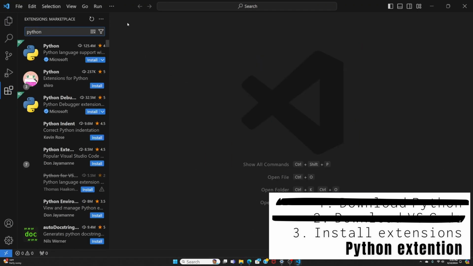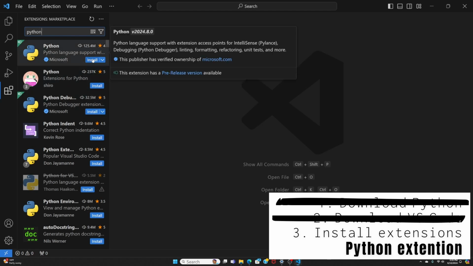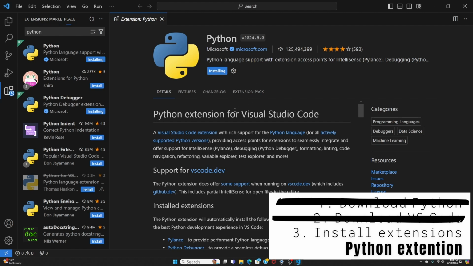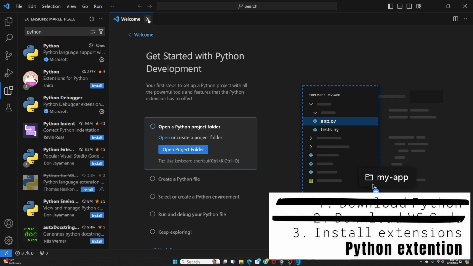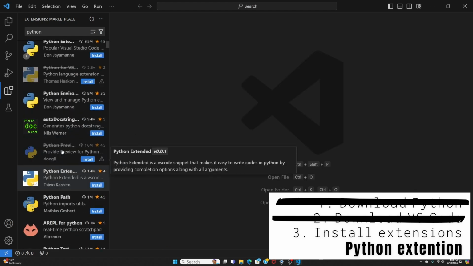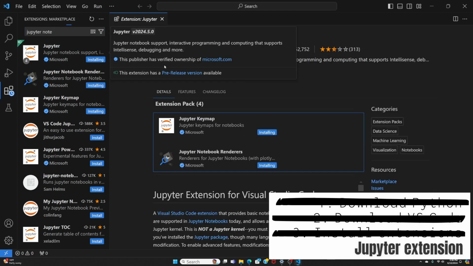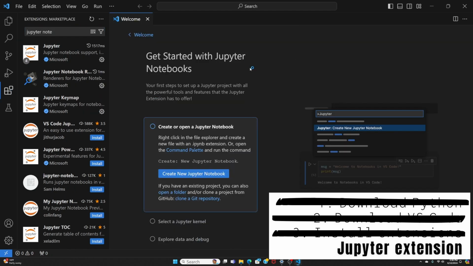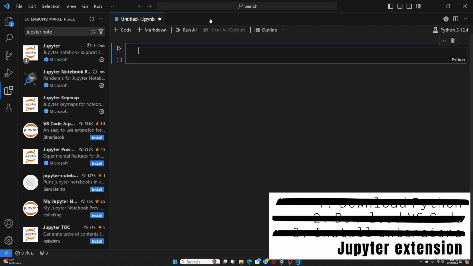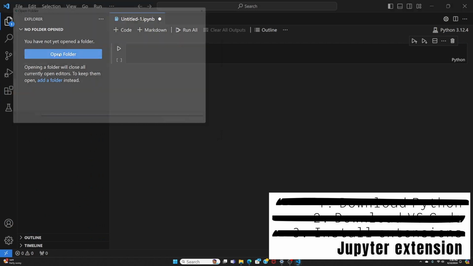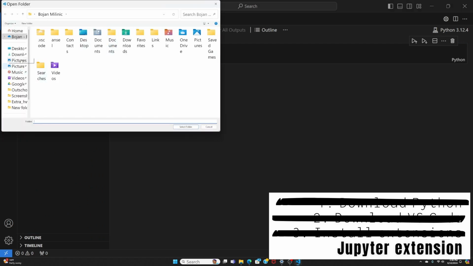The next thing we have to do here is just download the extension for Python. This helps VS Code color code things and do a lot more things like that just to make it convenient to work with Python files. And we'll also want the Jupyter Notebook extension, which will do the same. At this point, you should be able to work with Python files and Jupyter Notebook files right in VS Code,